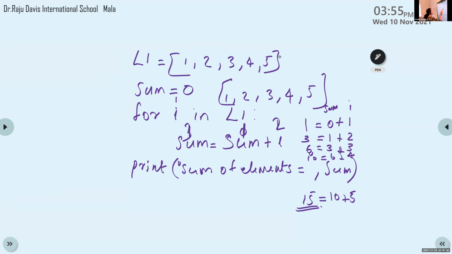The first value of I is 1. Then 1 plus 0, 0 is the sum value. So 0 plus 1 is 1. After that, this sum is assigned here. Then sum value is 1, 1 plus next I value 2, so 1 plus 2 is 3. Just like that. So do this program in your interpreter.